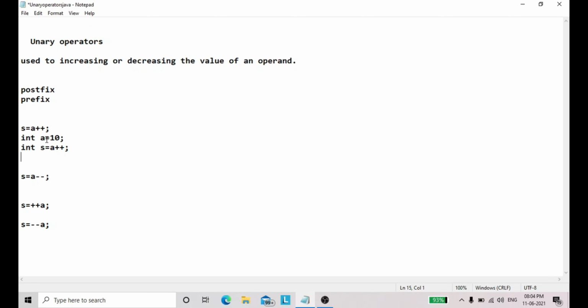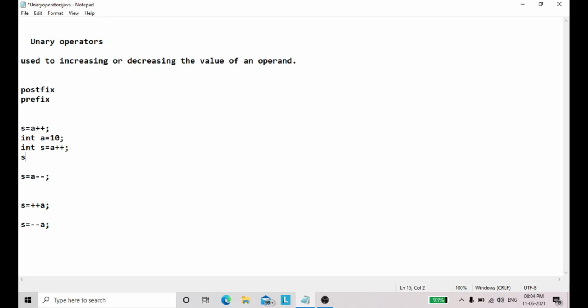First this will store the value of a in s, and then it will increment. s = a++. What will be the output of a and s?